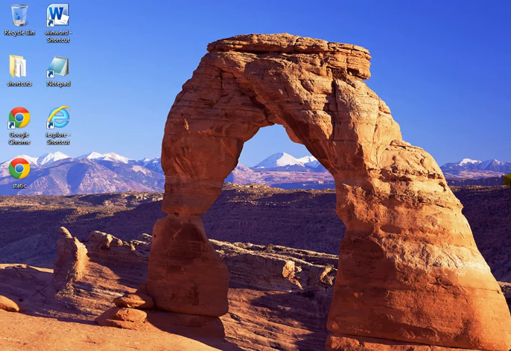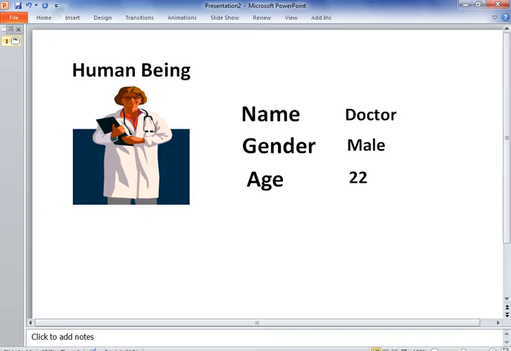In descriptive programming, we are specifying the properties and values of the object directly in the test script. We can write a test script by using descriptive programming in two different ways. The first one is static descriptive programming and the other one is dynamic descriptive programming. In this session, we will learn how to prepare a test script by using static descriptive programming. Before that, we must know what is property and value.